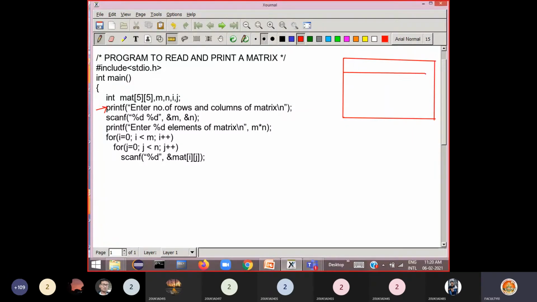So 5 rows. Like this, 5 rows of memory are allocated. Similarly, 5 columns this side.